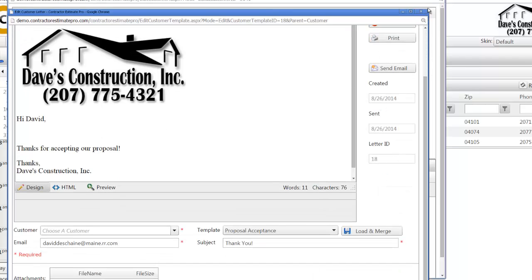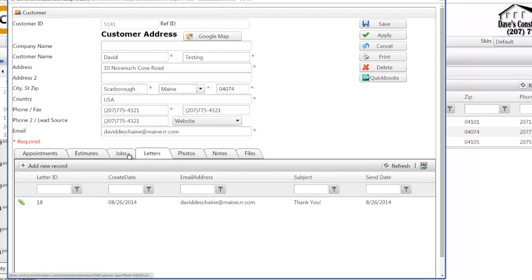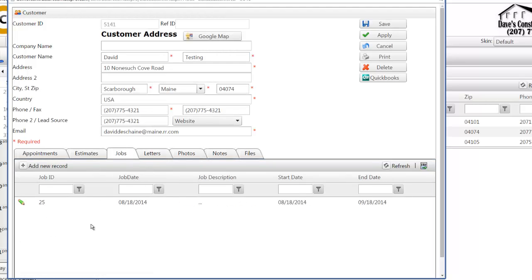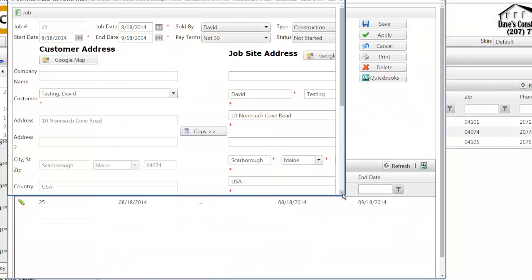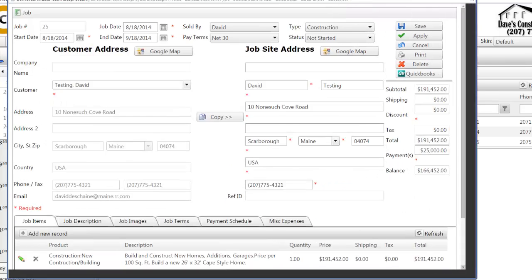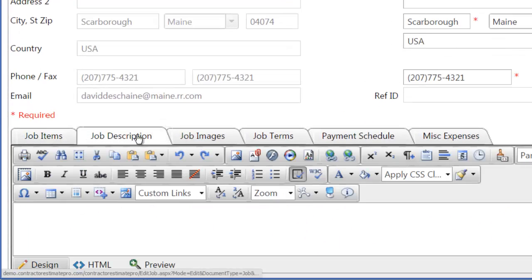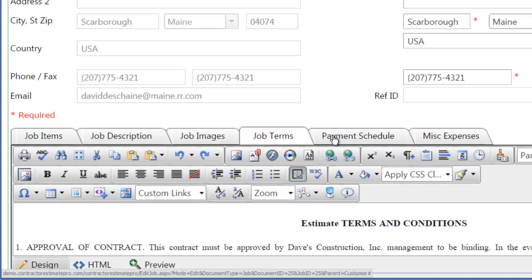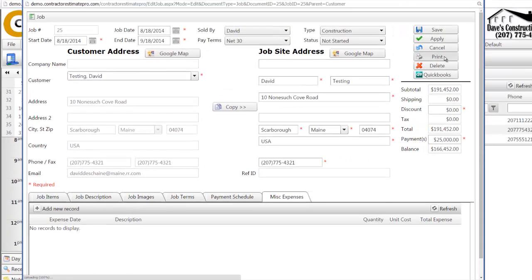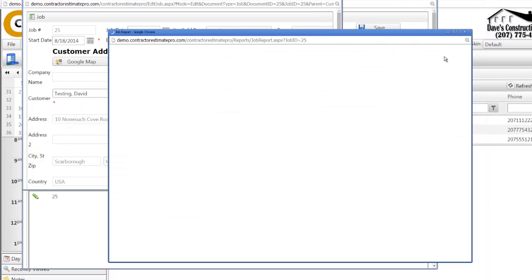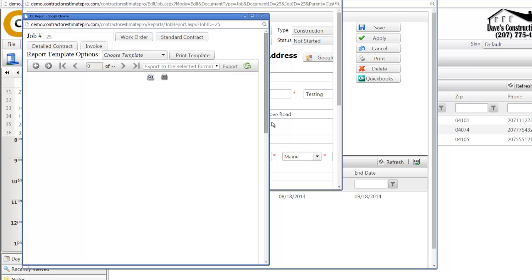These are pre-written templates that we set up, and you can set up for your company and your demographics. Now the jobs, of course, we have the job folder, which is for creating estimates, proposals, contracts. All these are inside for job description, photos, payment terms, miscellaneous expenses. All those are inside, and from here you can print off invoices and contracts and anything that you want to